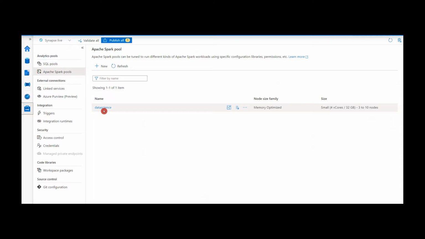If you don't know how to deploy this, I have already posted one video. You can refer to that. I can add an I button here. You can watch that.